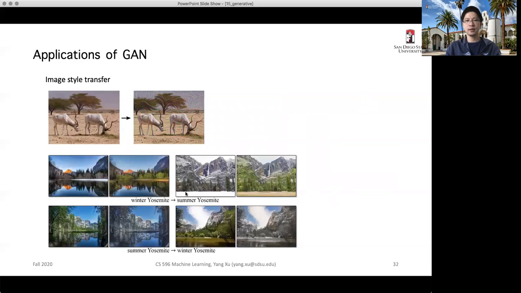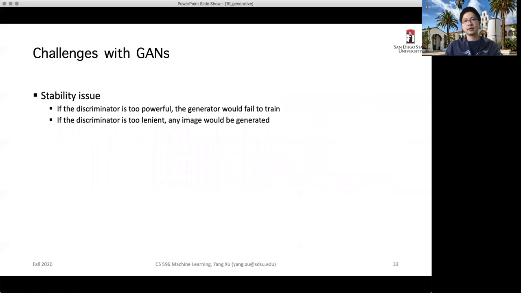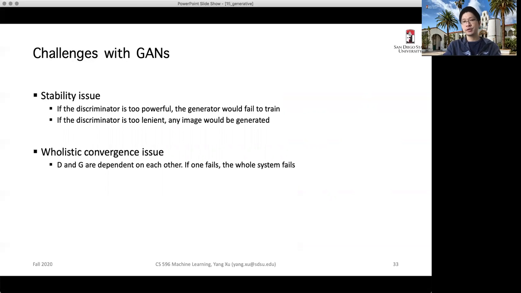So far, GANs face several issues with stability in how to really train a GAN without too much failure, because the discriminator and the generator depend on each other. So the system is very unstable during the training process. If you don't train one network properly, the other one may fail, because they rely on each other very closely. They are closely coupled systems.